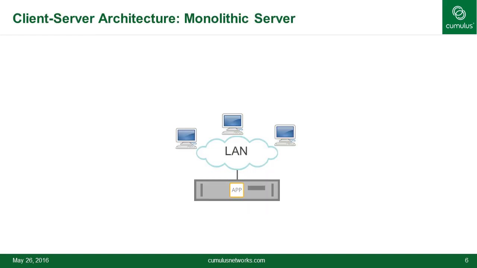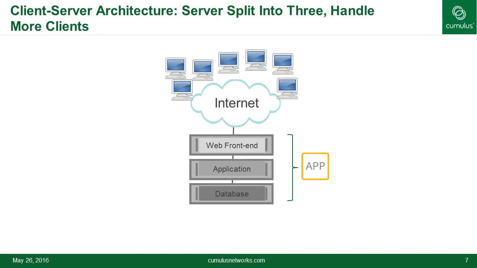Then came the next evolution, PCs started becoming more and more popular. As PCs became more and more popular, the client-server architecture started to happen, where the monolithic application was broken up into a client and a monolithic server. The monolithic server and the clients were connected via a LAN, typically, because this is how it all began. But then the internet took off, and now you had the same server running, but lots of clients connecting. And in order to scale the application, a single monolithic server alone did not make sense anymore.